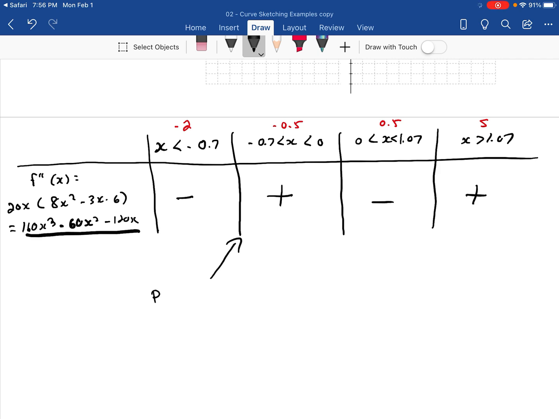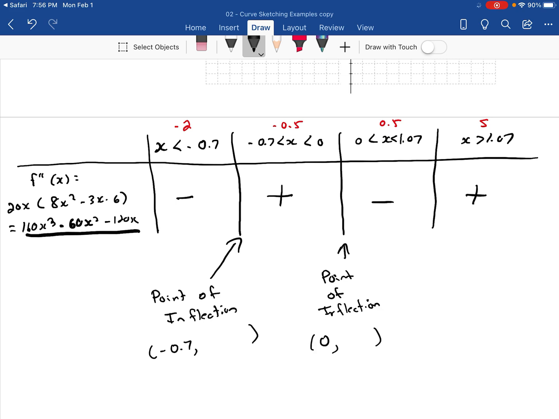This is a point of inflection at negative 0.7 comma something. And then here I've got a point of inflection at 0 comma something. That might be easier to sub into. And here, point of inflection at 1.07 comma something. So you take those x values and you go all the way back to the original